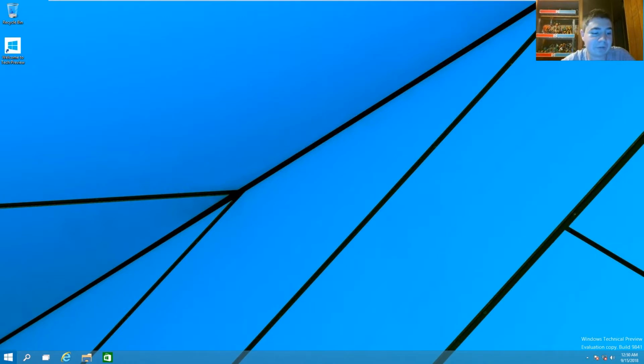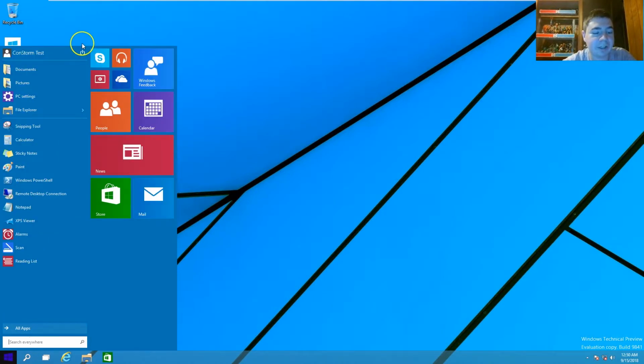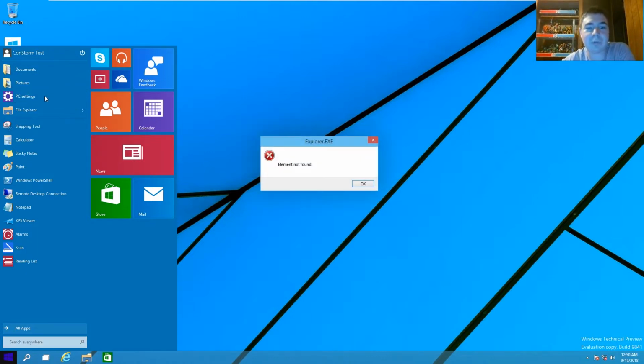So first off, you have the Start menu. Very, very basic Start menu. You can drag it up and make it a little bigger. You can't drag it out until later builds, which later went on to be known as Continuum. But frankly, it just feels so weird looking at it after all this time and just thinking, wow, this is how it looks. And this came off the rails of Windows 8.1, so...